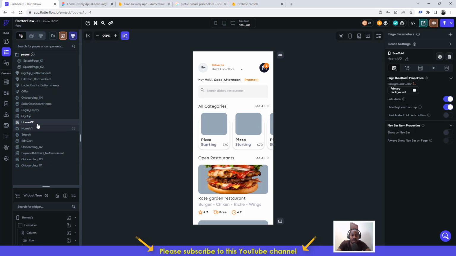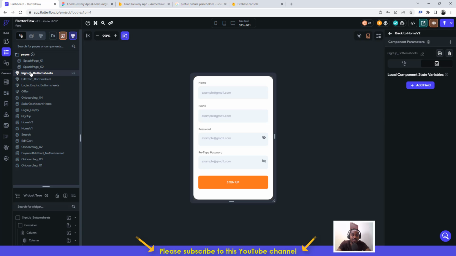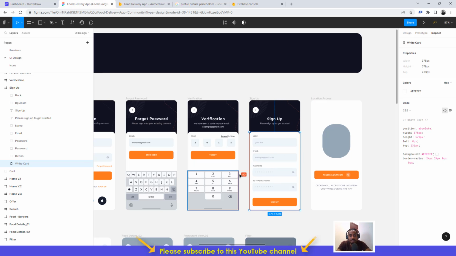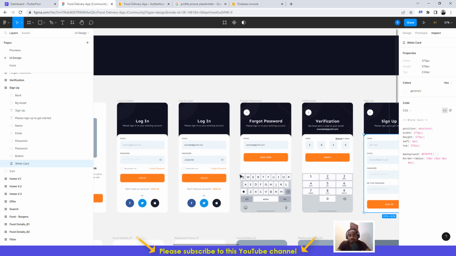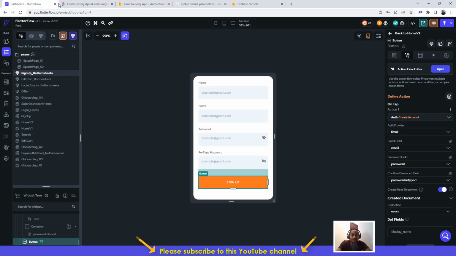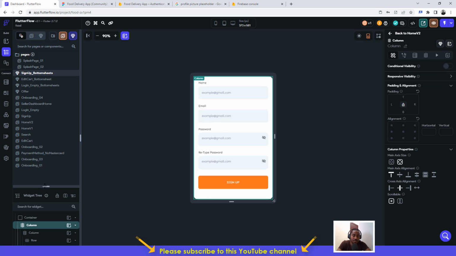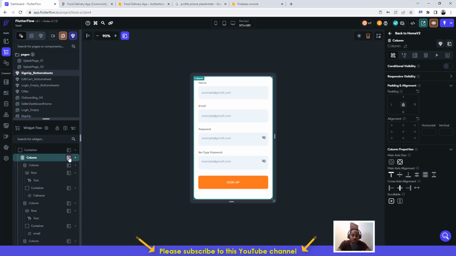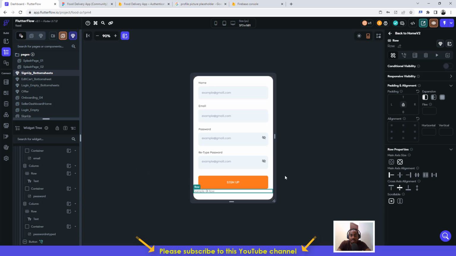All right, let's go ahead and go to that sign up bottom sheet. So there are some things that are missing in the design. Let's say if the user doesn't have an account, they should be able to see something that says sign in. I'm not really big on redesigning UIs, so I would just go ahead and add a row below this and just say